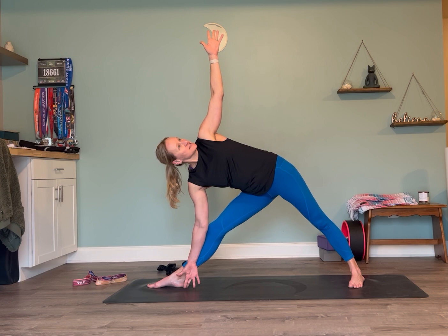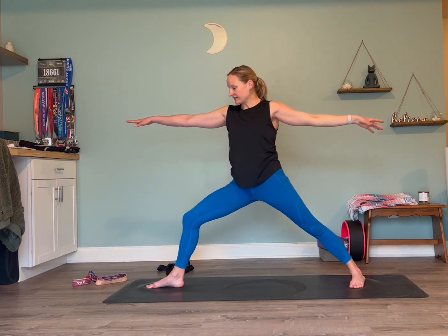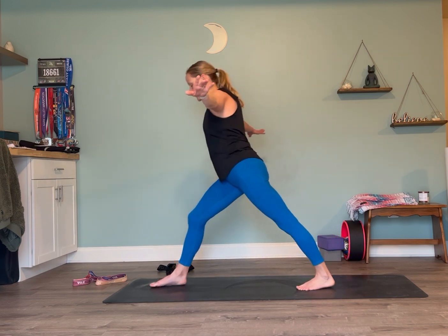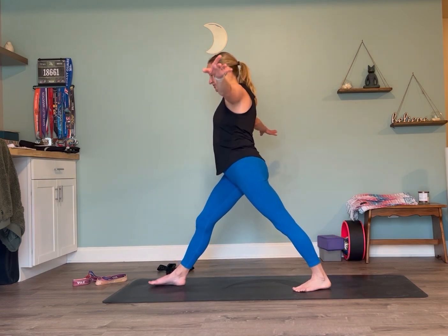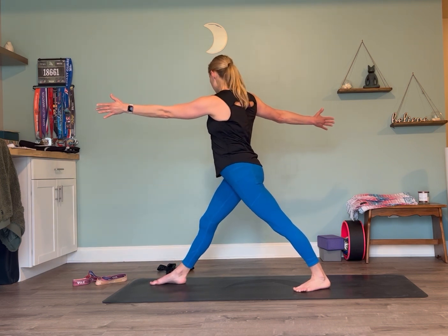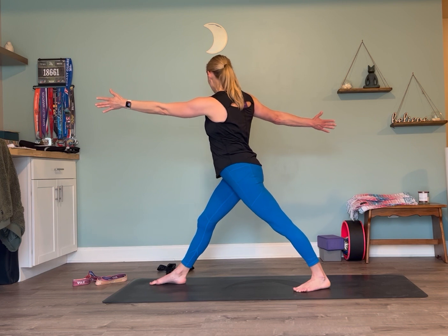This part of the flow, we're just getting our bodies ready for the pretty lines. Rebend that right knee, come back up, warrior two. Straighten your right leg, turn your body to face the front, pop that left foot in just a little bit, and then keep twisting much like we did in crescent lunge, reaching that right arm back, left arm forward, and